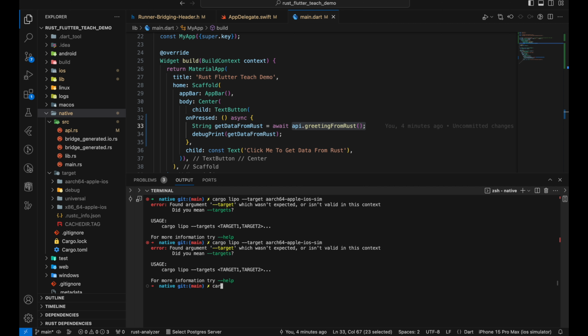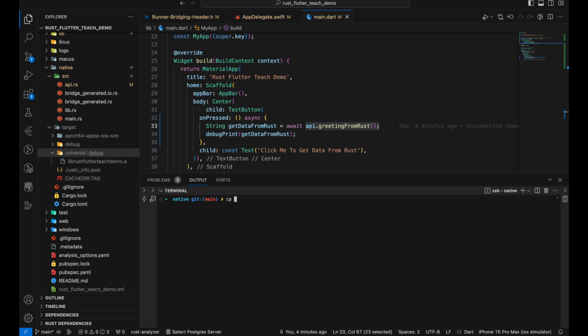Okay, so in target there is only one folder and the universal is related with this one. So we will copy that universal build. Let's go to target, universal, debug, and then copy the .a file into our iOS folder, Runner. Yep. Okay, cool.